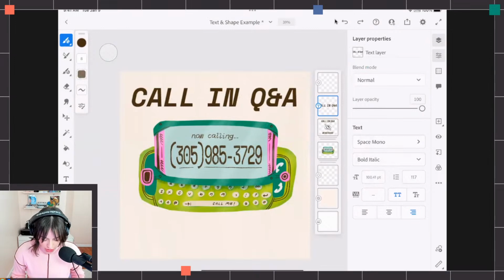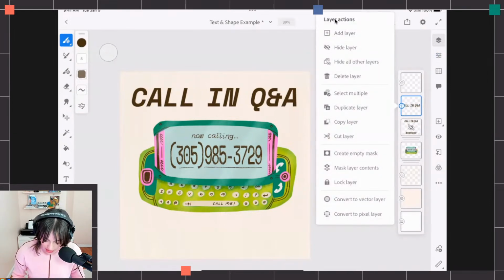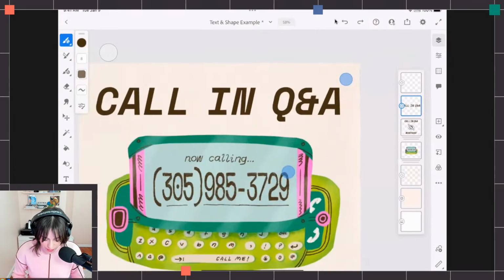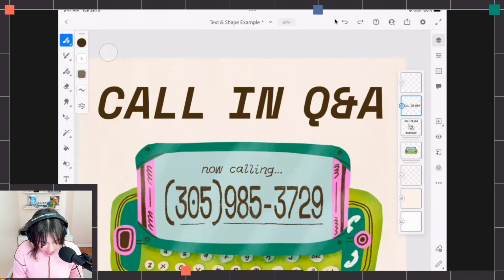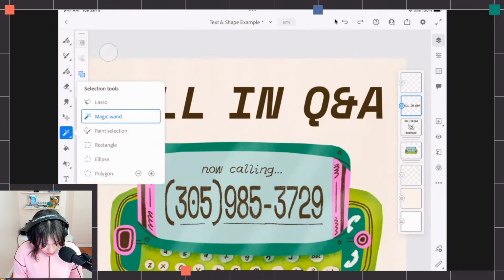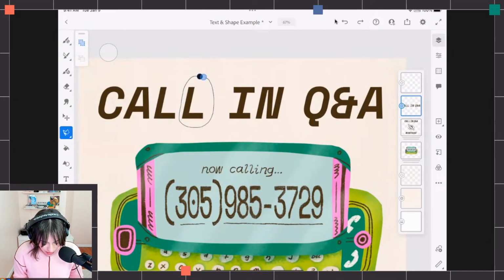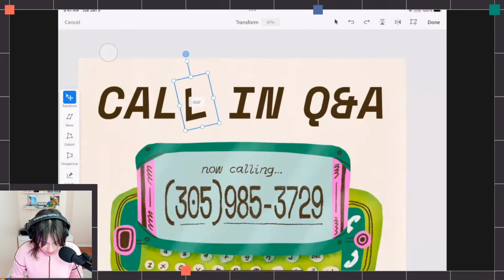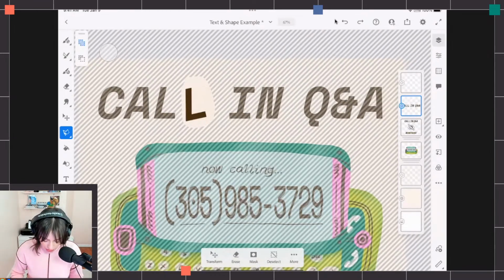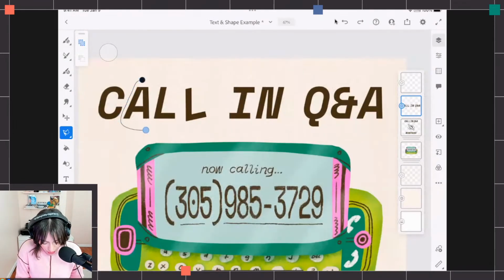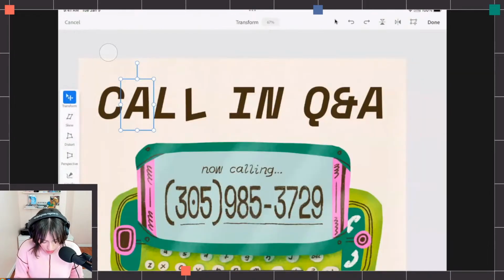One more thing I want to show you about the text tool. Let's say you want to adjust it, like you want to turn every single letter a different direction. You can't do that within the layer properties, but what you can do is click that layer and say convert to pixel layer. Or you could have converted it to a vector layer, I suppose, if you want to make sure that it scales properly. And you can just use your tools, like the lasso tool, to select a specific letter and then transform it. So once you do this, it's no longer a text layer, so you can't edit it like those text properties. But I just wanted to give you that option in case you're like, oh, I want to do more with my text. So what I usually do is